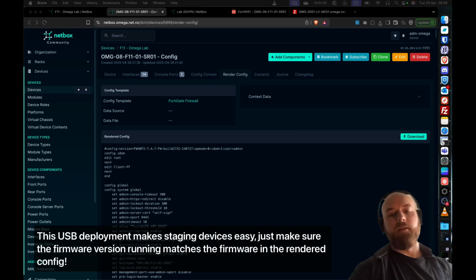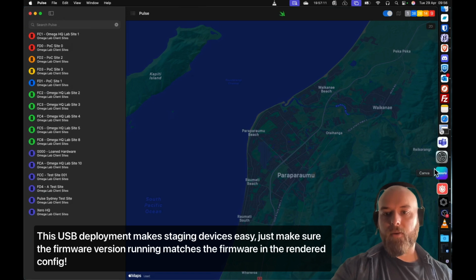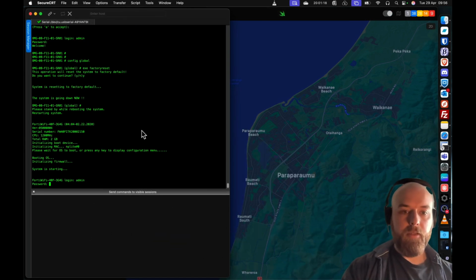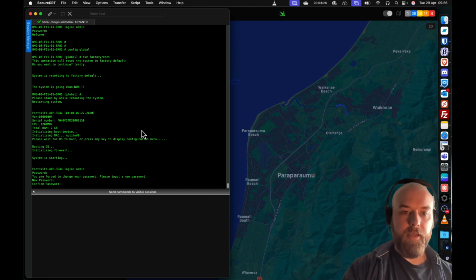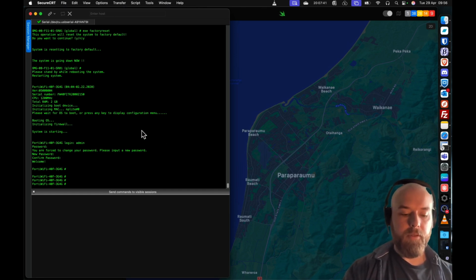Now we'll jump back into Pulse, and then I'll also pull up the device here and just check that it's factory reset, which it has because it's asking me to set a password. And now we'll just go execute